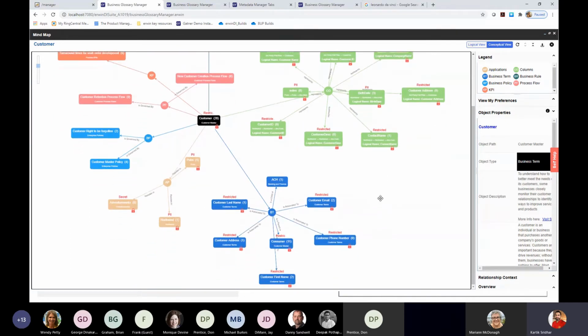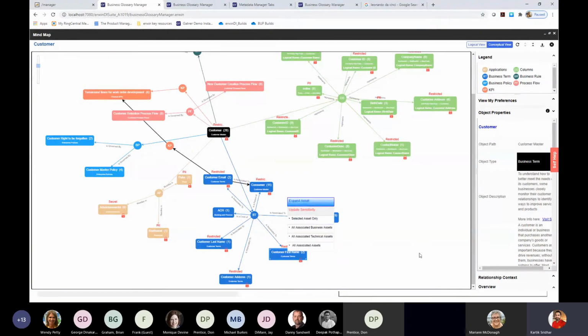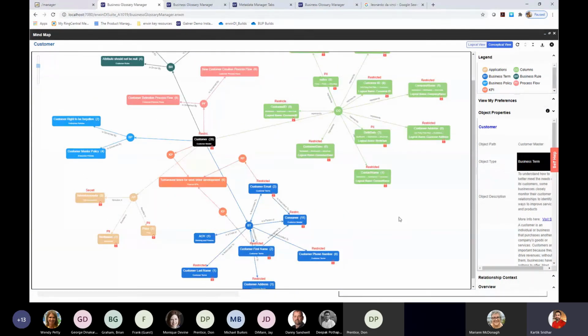But from here, let's say I want to drill down into customer email. If I want to see what customer email is associated to, this will just reconnect the dots on this interface here and show you what other assets this customer email is associated to. Similarly, if I want to see what customer first name is associated to, I can expand this and this will again reconnect the dots. So rather than going layer by layer, this auto fits itself within the same diagram and goes across objects to show you a different type of visualization.